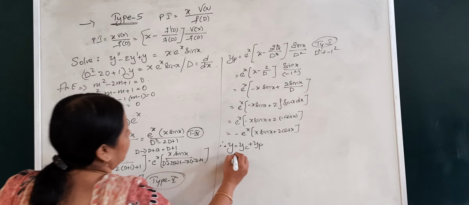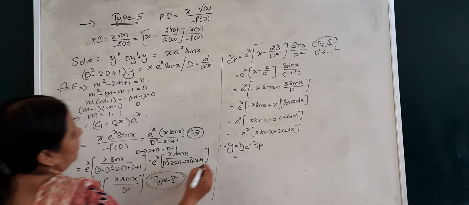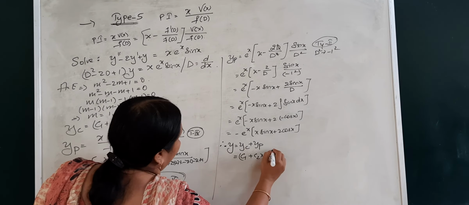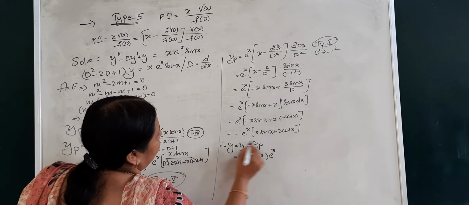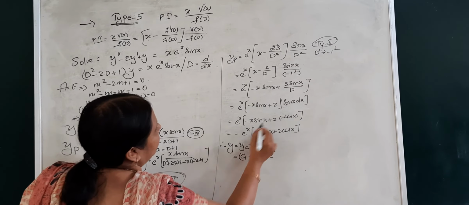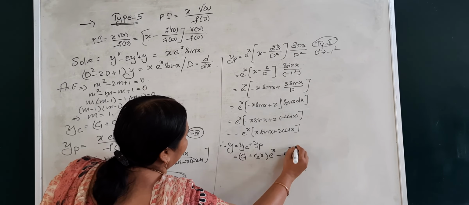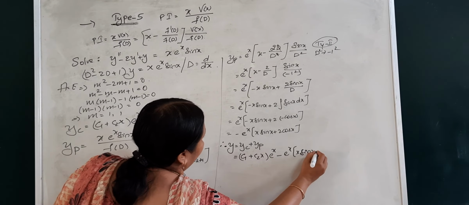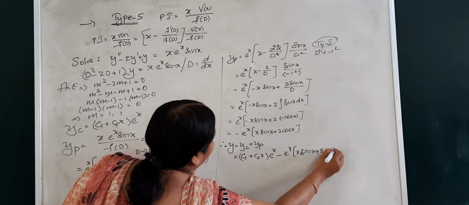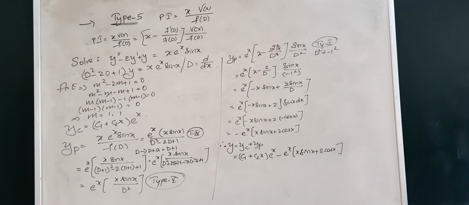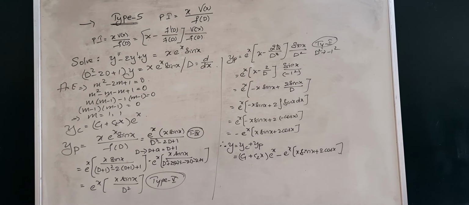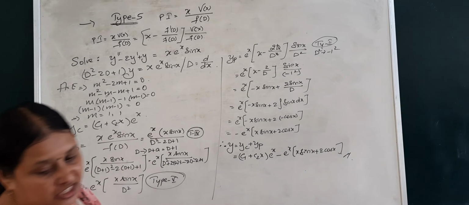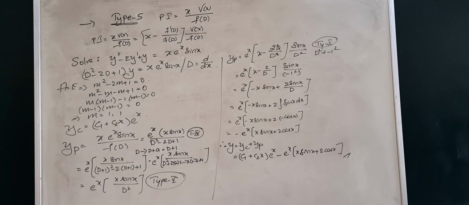Anyways, coming to the last part of the solution, that is to write the complete solution given by yc plus yp, which is equal to, what is our yc? c1 plus c2 x into e to the power x. Again our yp, there is a negative sign guys, because I have taken out the negative sign, minus e power x into x sin x plus 2 cos x. Understood? If you want, you can take out e power x also common, but not a problem. You can leave it here only. It looks a much more simplified version. Understood, students?